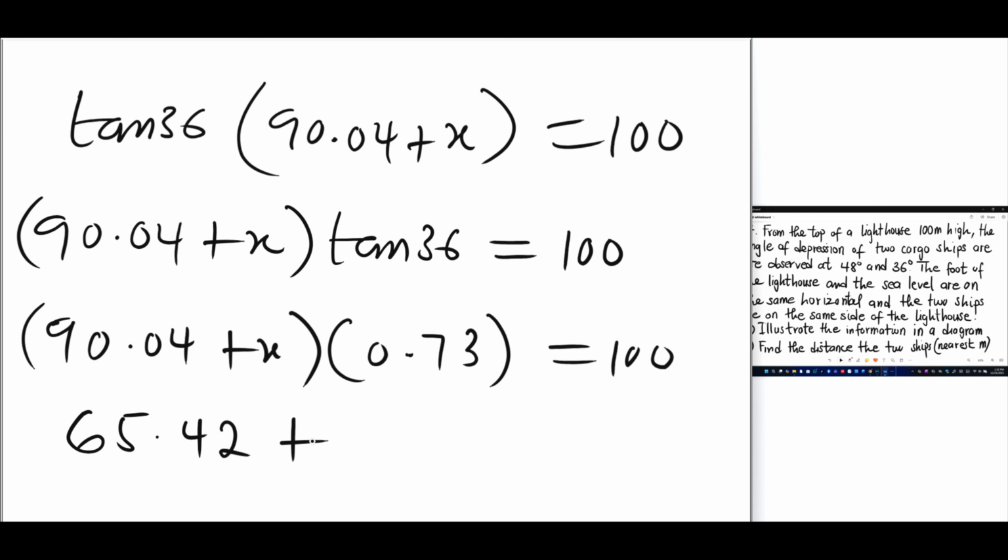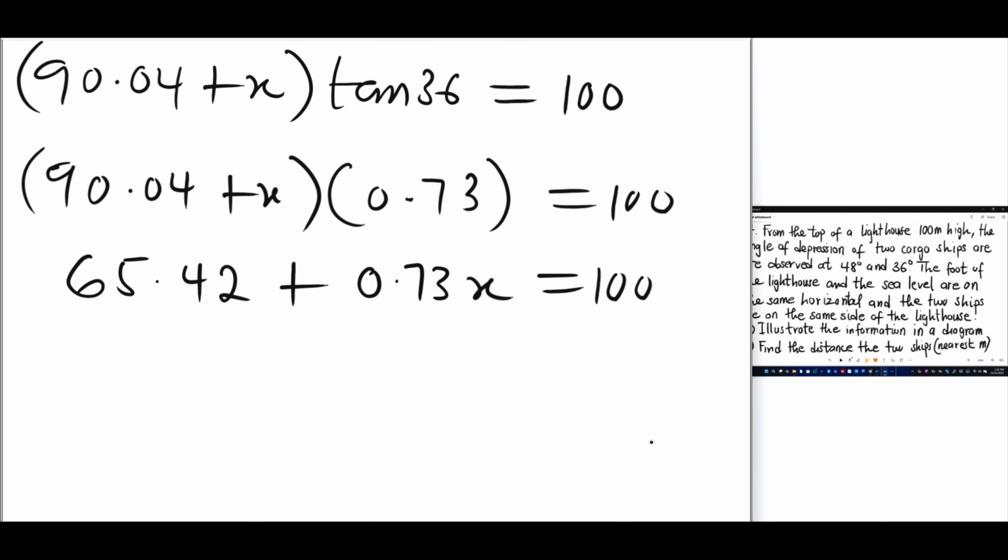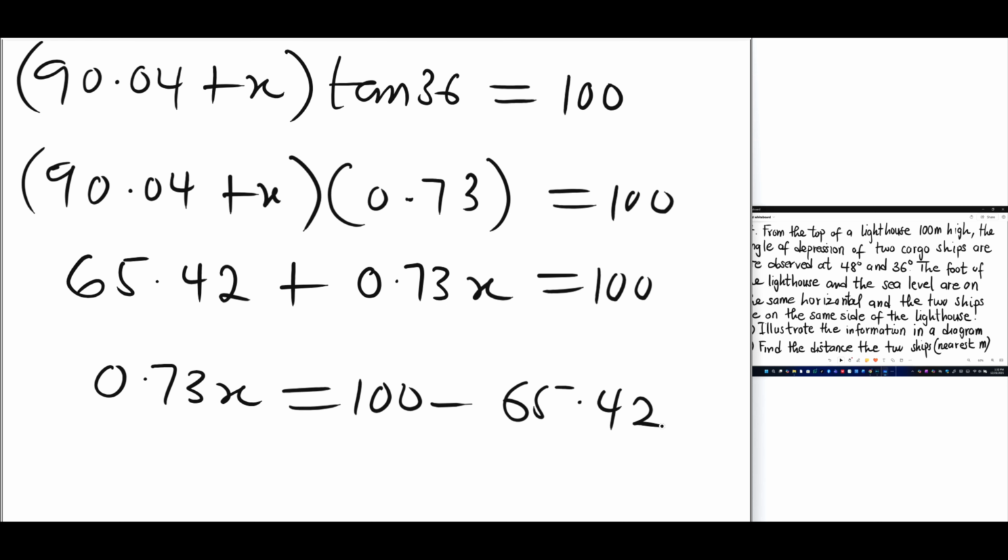Then plus x also multiplies 0.73, which is 0.73x, all equal to 100. All right. So we now make x the subject. We are going to get 0.73x equal to 100 minus 65.42. So we have 100 minus the answer. So this will give us 0.73x equal to